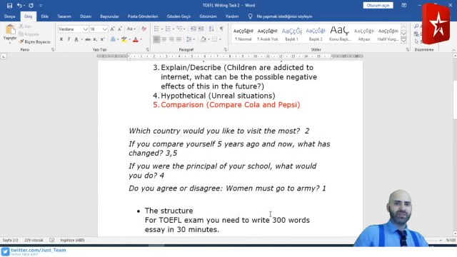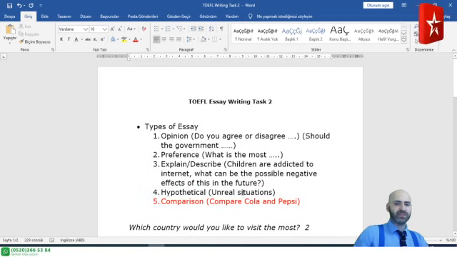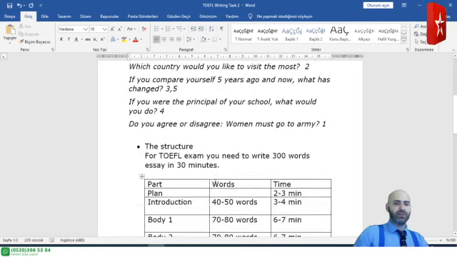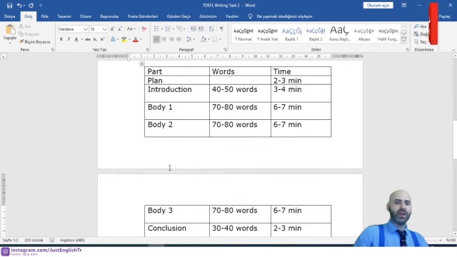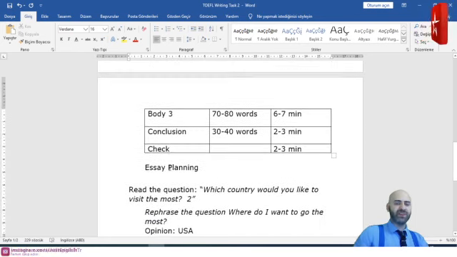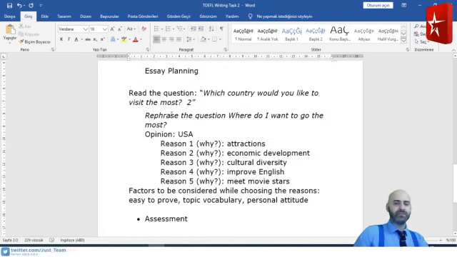So during this lesson, we have discussed the types of essays, and also I have explained to you the structure, the overview of the essay, and we talked about some timing, how we need to allocate our time. And finally, we did one example of planning. Let's have a break now for 15 minutes, and 15 minutes later I will be back with you, and we will talk about the assessment of essays, and we will write some examples together.